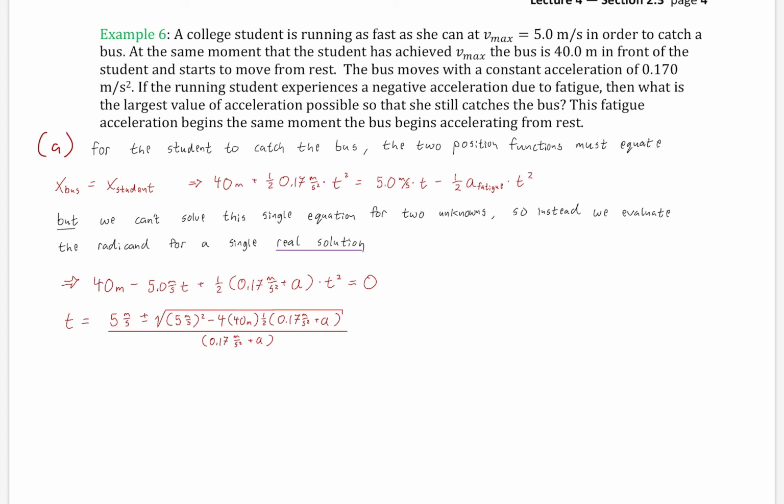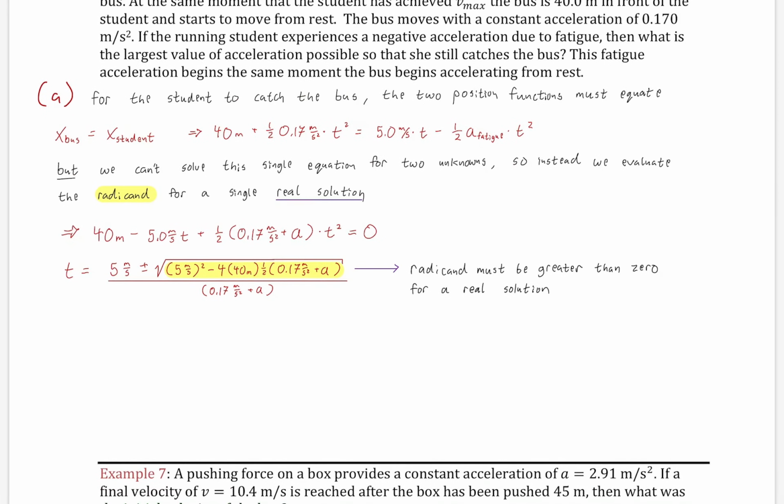But now check it out. I'm just going to look at the radicand. I'm going to ignore everything that's outside of the square root because that's not going to affect the solution that was asked to find. Okay? The radicand must be greater than 0 for a real solution. Well, if I look inside, there's only one unknown inside that square root. And I then can set that as an inequality greater than 0. But actually, I don't even need the inequality. I can just set it up as an equality. I can just set the radicand equal to 0 because